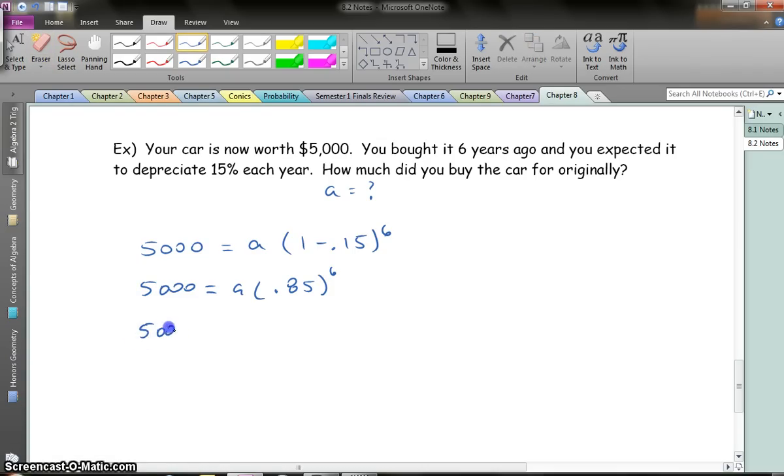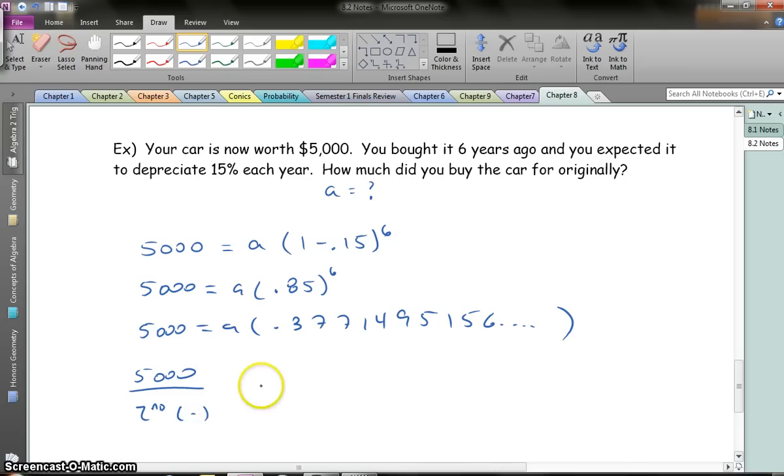And you get 5,000 equals A times this big crazy decimal, 0.377149516, and it goes on and on. Remember we talked about this in the notes yesterday. I want you to take 5,000 divided by, and in your calculator, just put second negative for that answer. And when you hit enter, you should get this result,